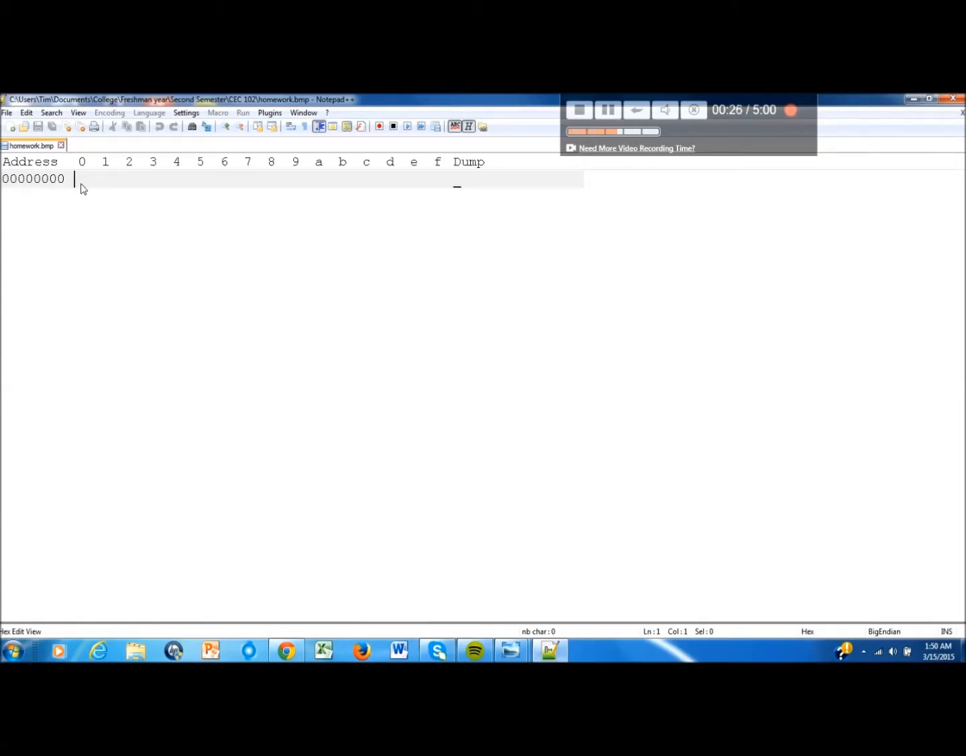Since we're making a bitmap file, the first 2 bytes are going to represent the letters B and M in hexadecimal. So the B in hexadecimal would be represented by 42, and the M in hexadecimal would be represented by 4D. Now the next 4 bytes are the size of the bitmap file, and I already calculated ahead, and the